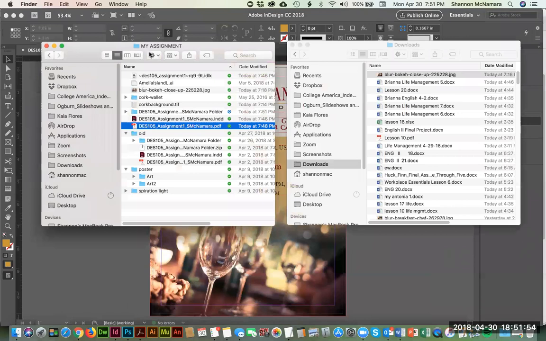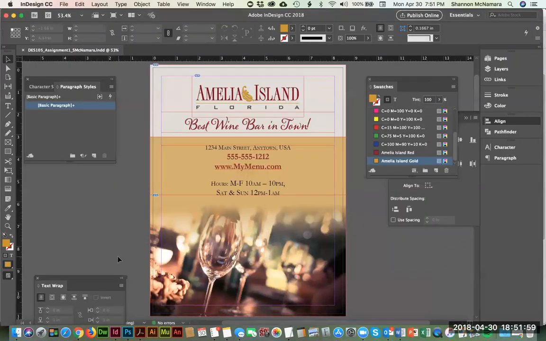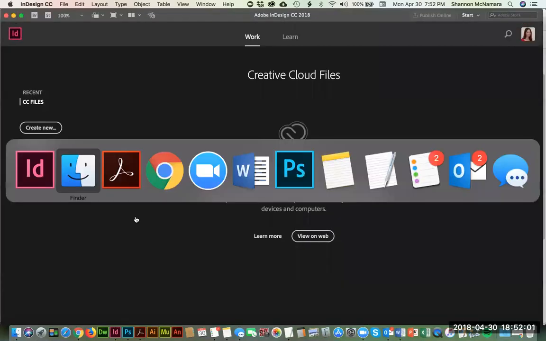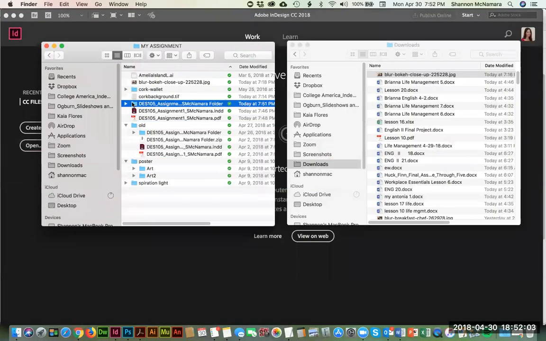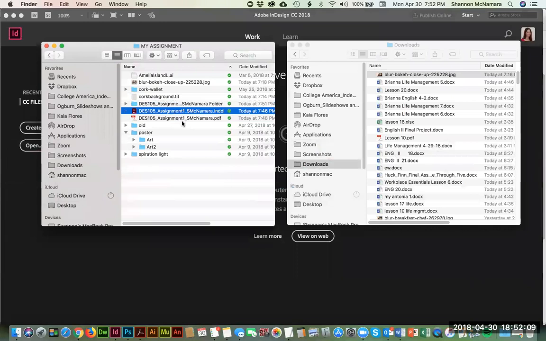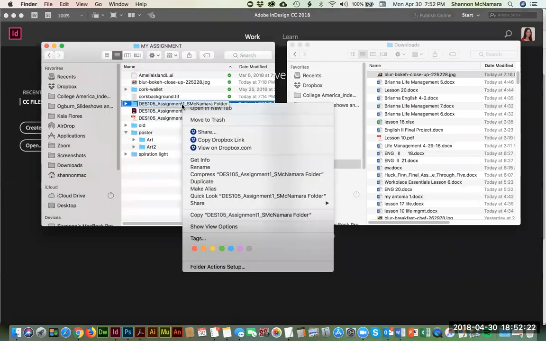And then you're going to navigate over and find that file. I'm going to close this out. You'll find that file and it will be named DES 105, assignment 1, S. McNamara folder. And you want to make sure that you aren't zipping just the InDesign file or just the PDF file. Make sure you grab the folder that is named folder, and you need to right click